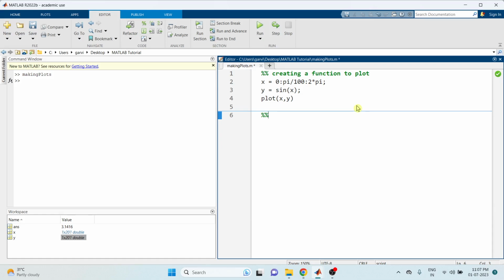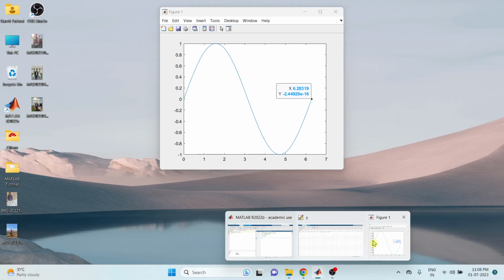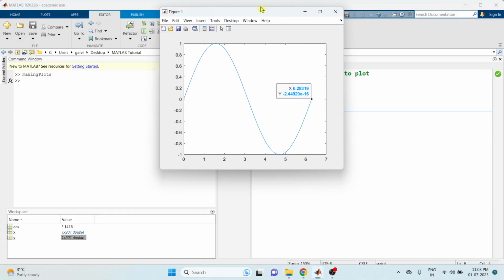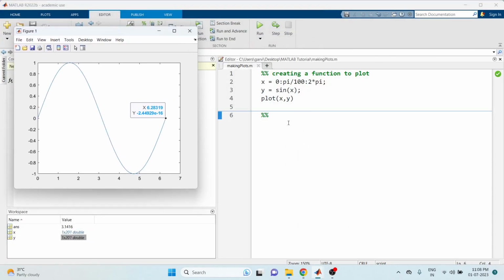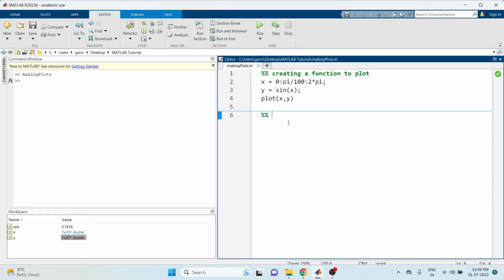So coming to the next set of things which we can do in plot, and that is giving titles to the x-axis and y-axis and to the plot. This will help us to make things clear in the plot, what it is doing and what it is plotting. So to do that, what we can do is